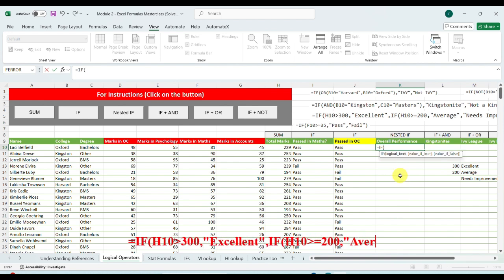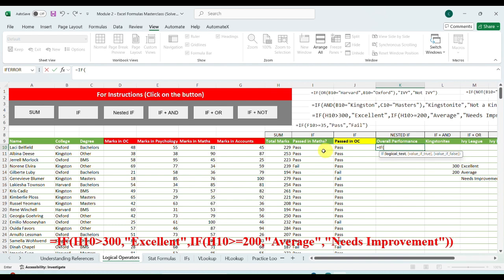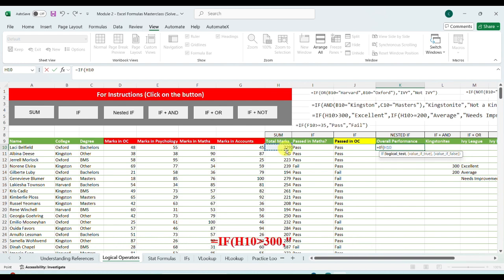Now overall performance. Where is overall performance? This column. If this is greater than 300, comma, in quotes, Excellent. See, this is the criteria we have chosen.